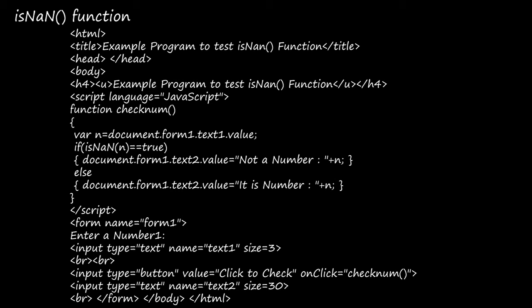Okay, and here we have seen that it has enter a number, right? Here enter a number 1. So this will be displayed here, and after that we'll have a text box. In that text box we'll be entering the value, and that value will be considered as text1, and that text1 will be saved here as variable n, and for that value only this function will be considered, and this function will be executed. The isNaN function will be executed for this value.